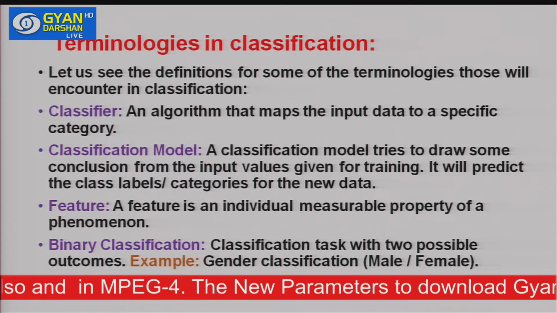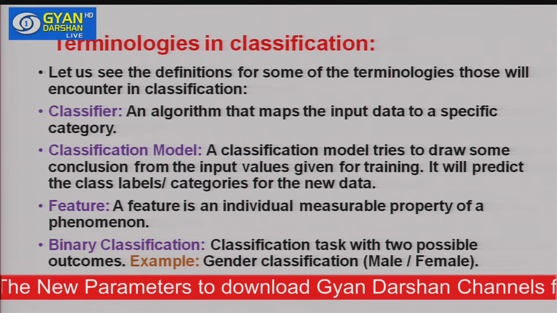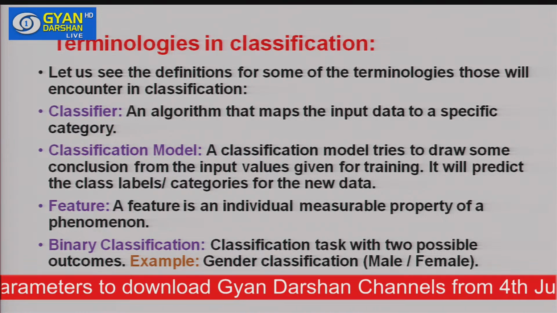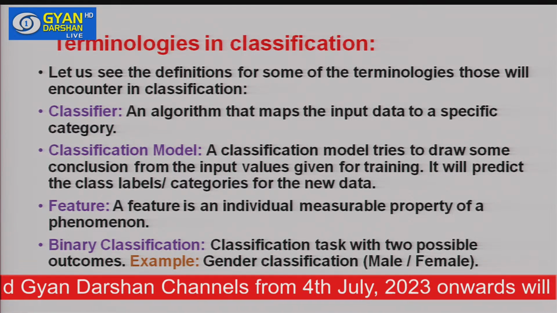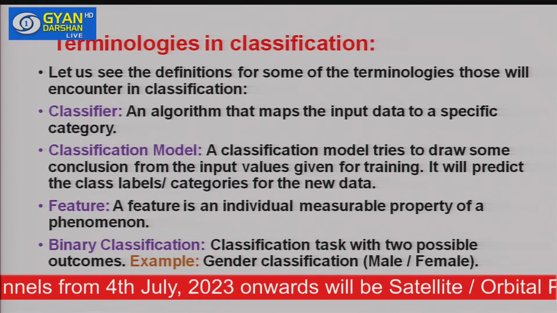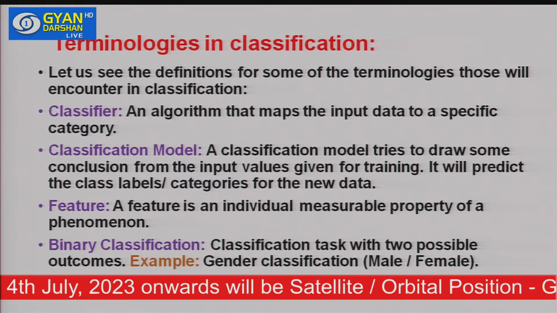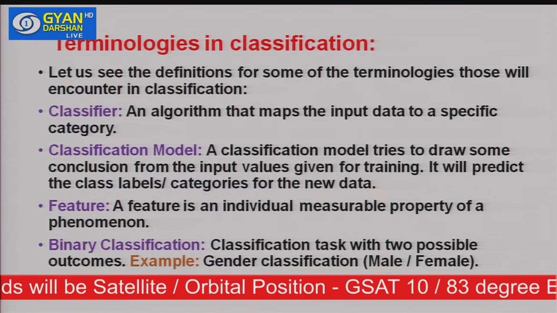Another frequently used term in classification is binary classification. In binary classification, you have only two possible outcomes, right? Either 0 or 1. That means, suppose you want to do a gender classification, right? We know that you have either male or female. Sometimes you have a third gender also, but again it depends on our system whether you want to give male, female, or maybe other categories here. So generally, in binary classification you have two possible values, either yes or no, or 1 or 0.